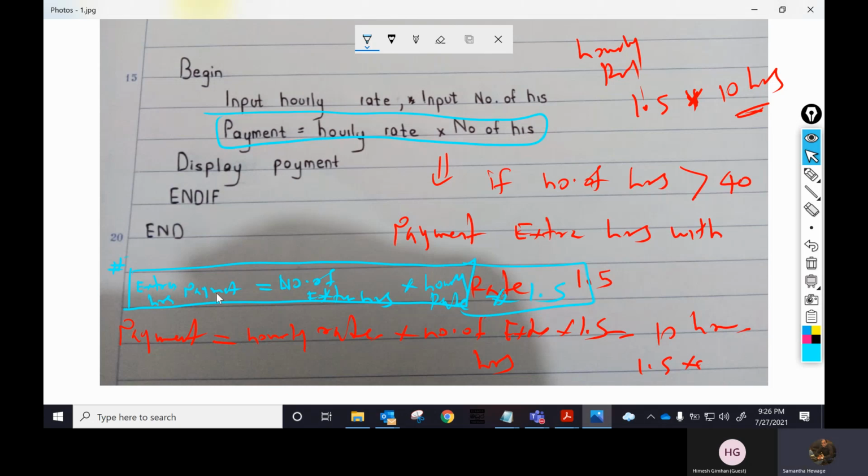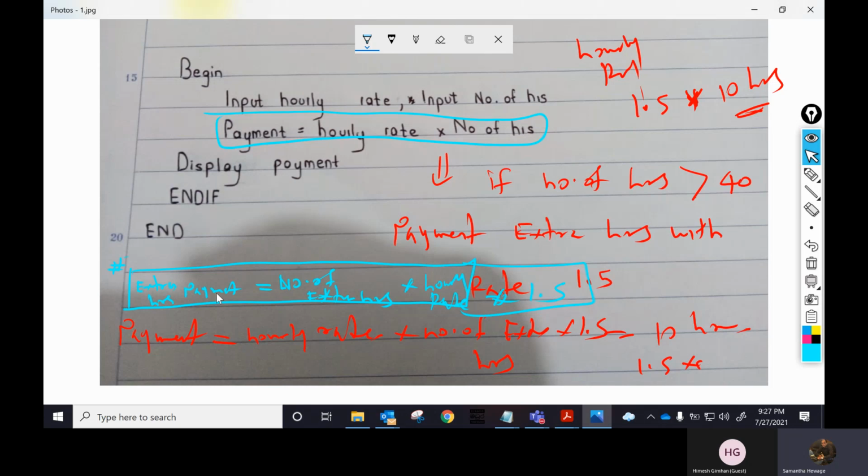But I have already gained the 40 hours. That means 1000 into 40, that is 40,000, plus 1500 into 10, that is 15,000. Then altogether my total payment will be 55,000 according to this example. If somebody says, okay, I am working 50 hours, that's how the calculation comes. That means you have to first find the 40 hours payment, then find